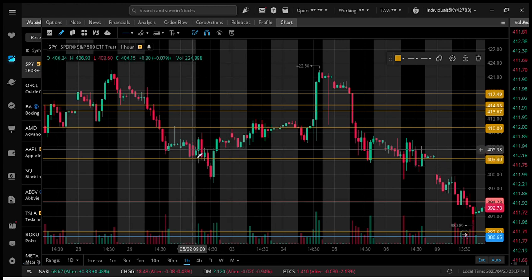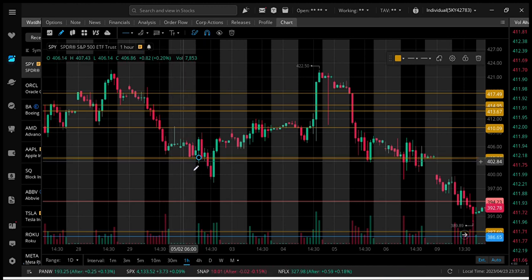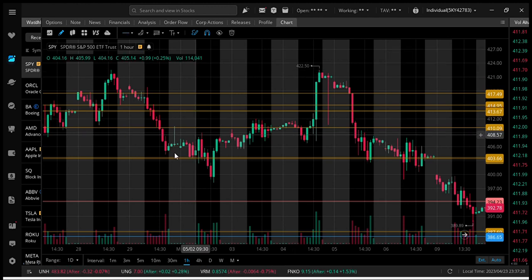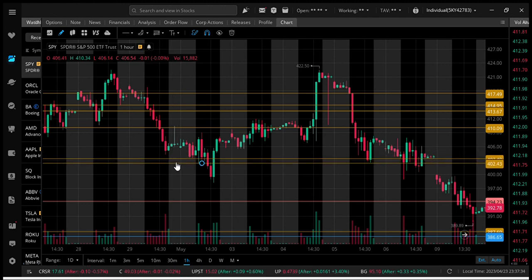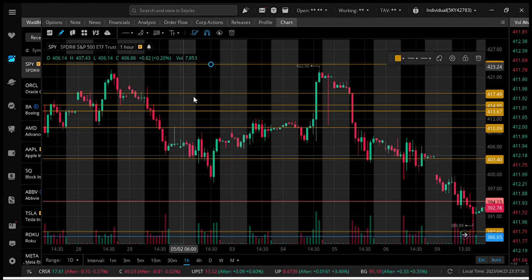Let's see, we're gonna slide this line down right here. Okay, let's do the bearish side first. Let me get off this candle thing. Alright, we got this candle that's knifing. So we're gonna move this one out of the way. We're gonna use this candle right here. Or we can use this one. But we're gonna go with this one. We'll go over here to